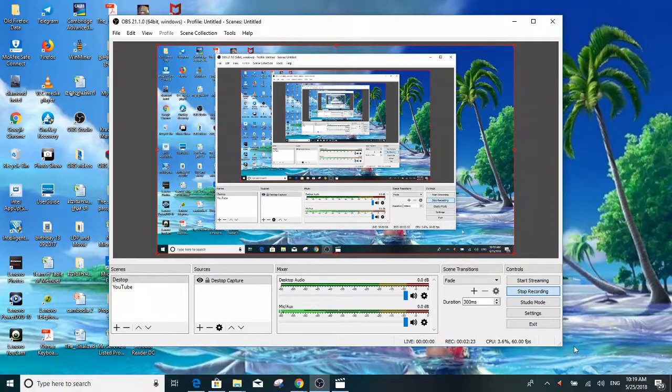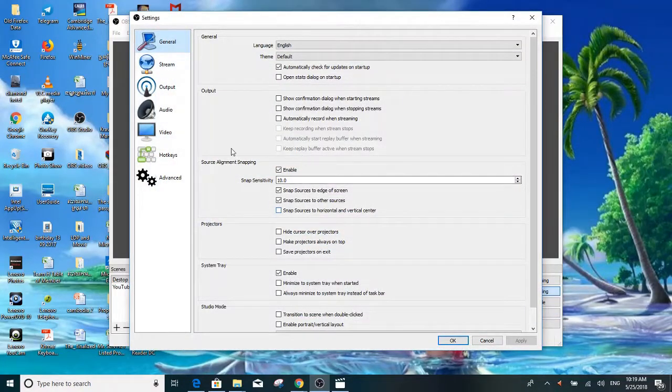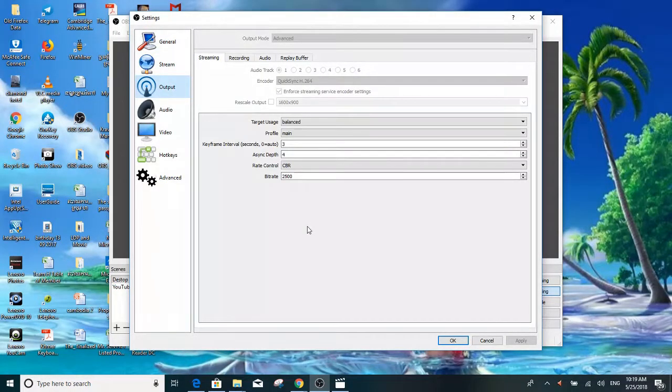So in order to adjust that, let us first go to the settings and change a little bit on the output side. Here you can change from quality or speed to balance, and you can test the three options to see whether it works or not. For the profile, I just put man, and the other things stay as they are. You don't need to change anything.